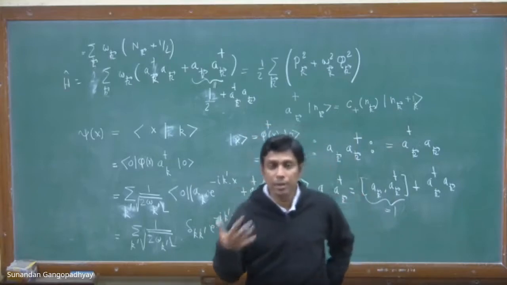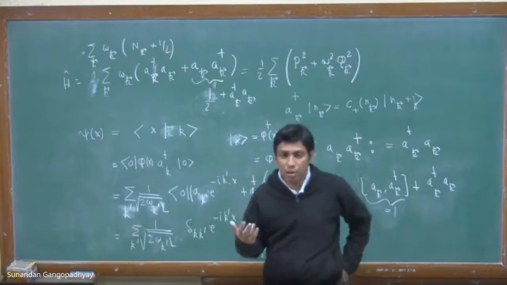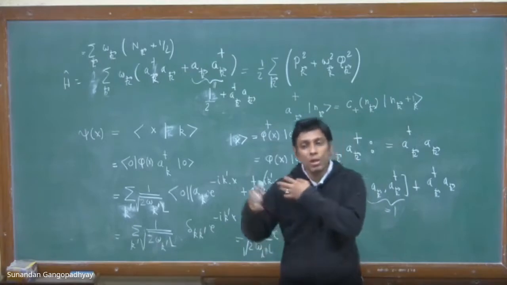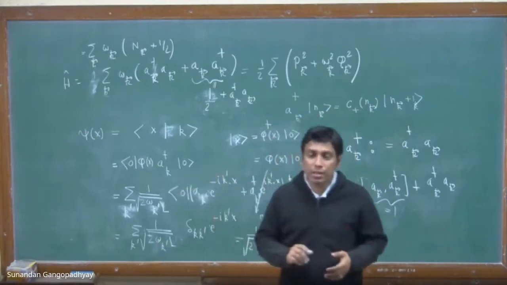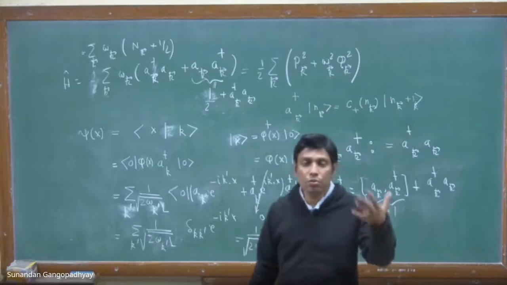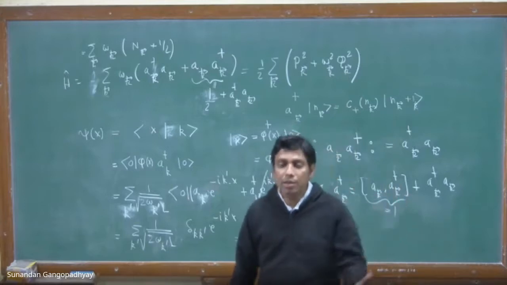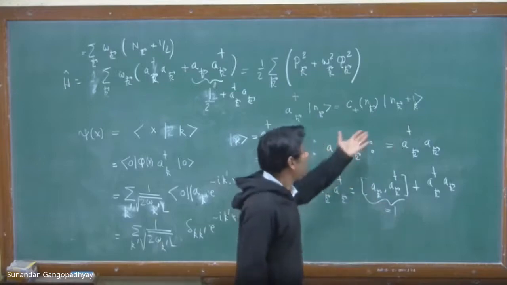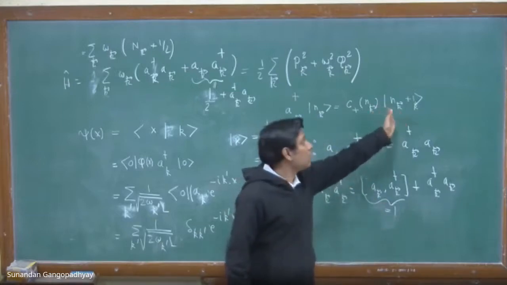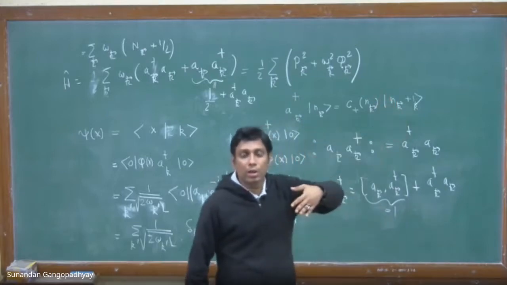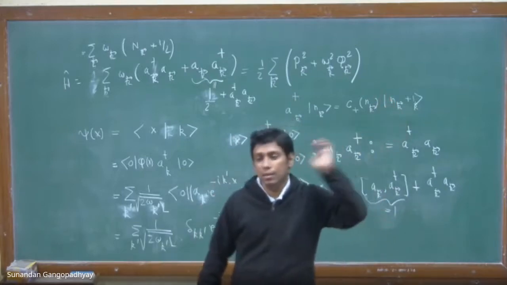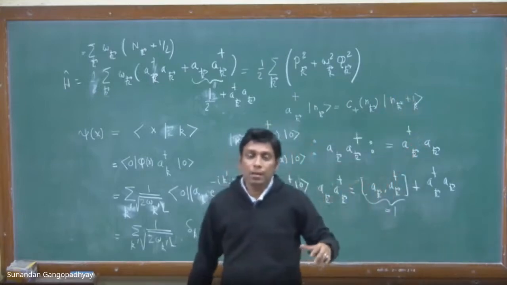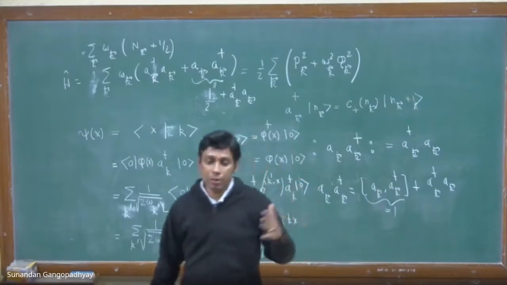So these particles are basically bosons, and therefore there is a connection between the commutation relations that you use and the Bose-Einstein statistics. Since we have used the commutation relations, it gives rise to Bose-Einstein statistics. It gives rise to particles which in a particular quantum state with momentum k, there can be infinitely many particles, and therefore these particles are basically bosons. So this is basically a consequence of the commutation relation.